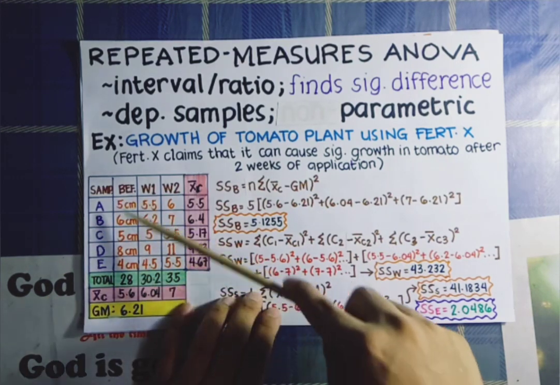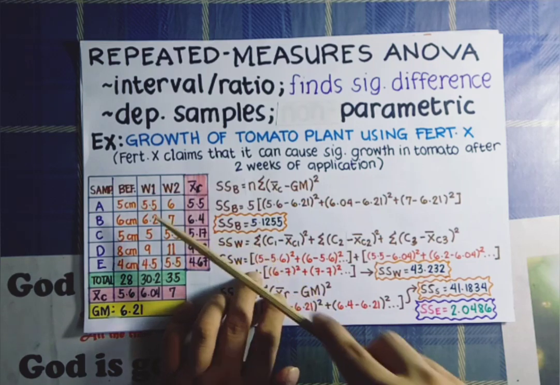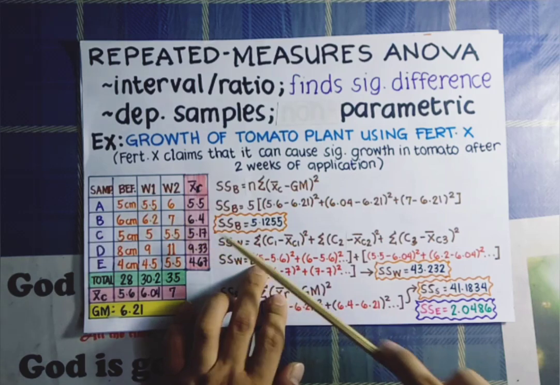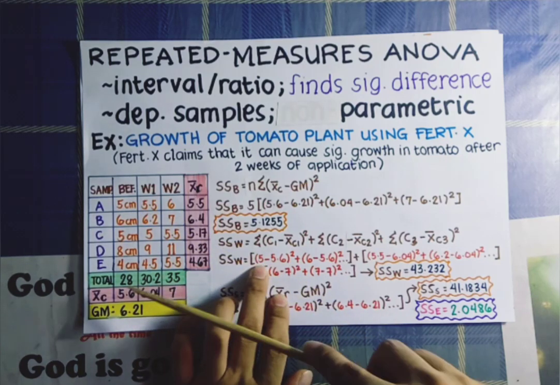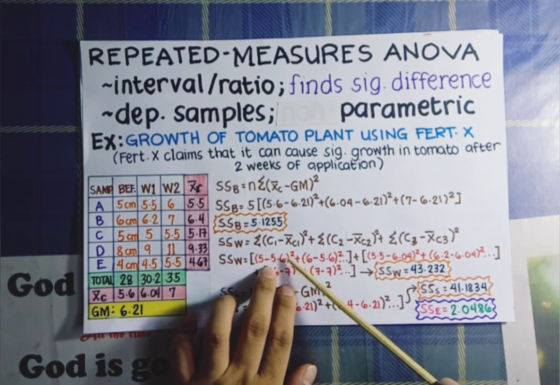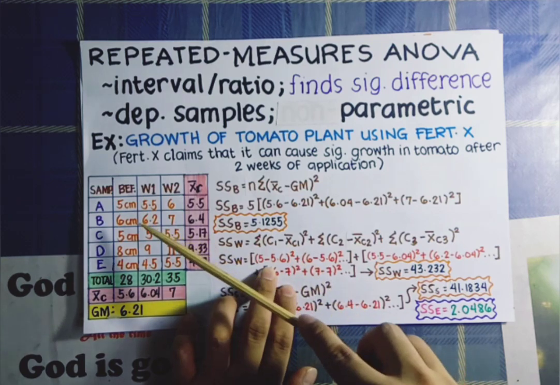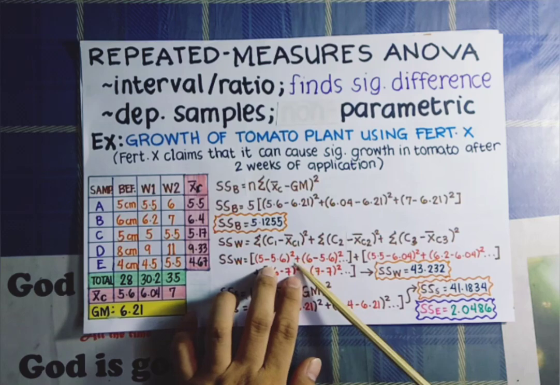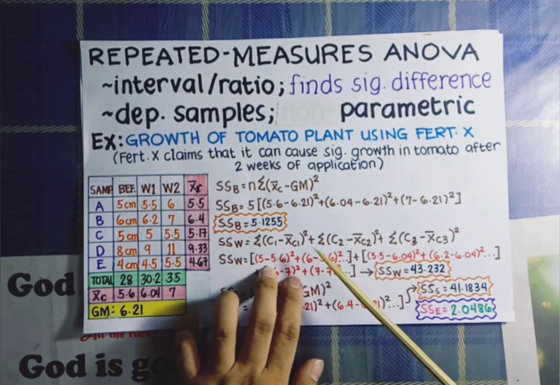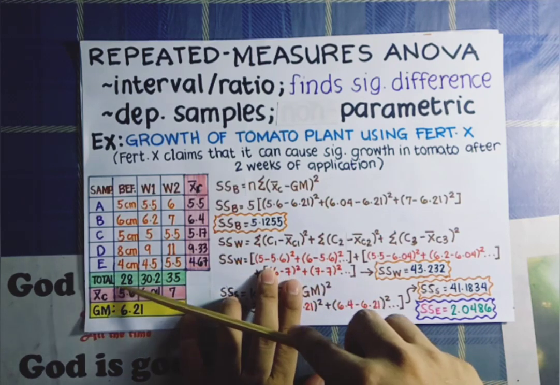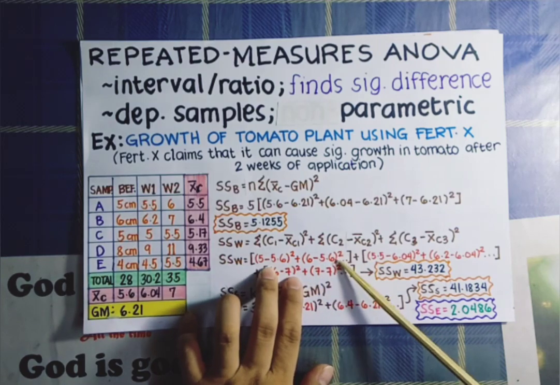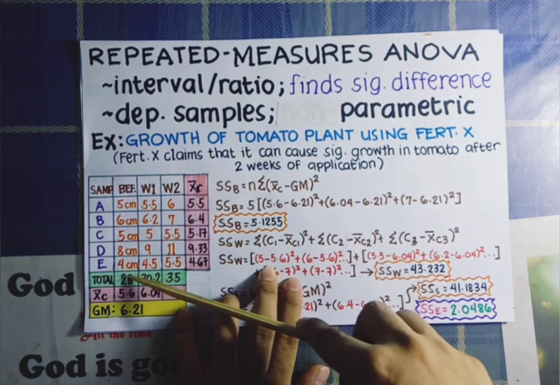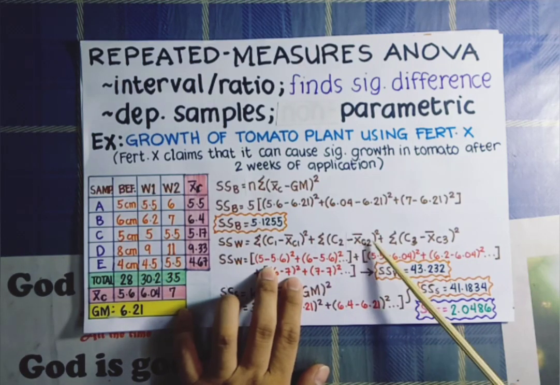to, for the first column, we have here 5, that's actually our first data in first column, 5, minus the mean for the first column, that's 5.6 squared, plus our second data in first column is 6, so that's plus 6, minus, again, the mean for first column is 5.6, squared, and we are going to do that in all the data that we have in the first column, plus, for the second column,